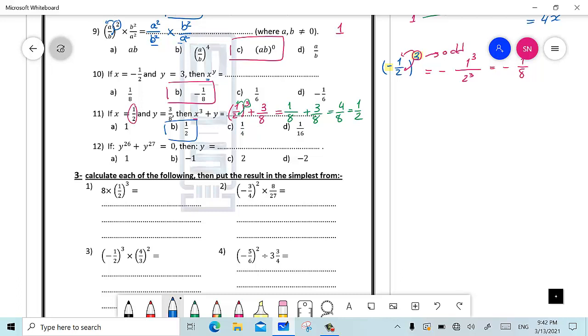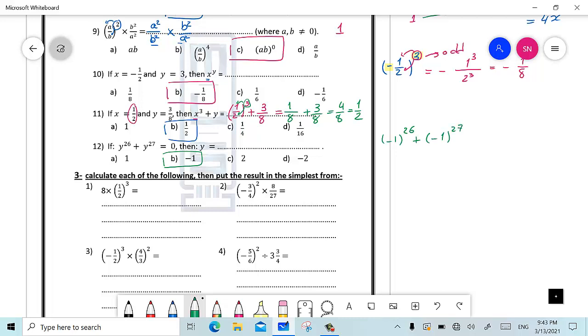Let's go now for question number 12. If y to the power of 26 plus y to the power of 27 is equal to 0, then y is equal to, we know that any number added to its additive inverse is going to equal 0. So I want here to have a number, I add it to its additive inverse and I get an answer of 0. The only number is negative 1. Because if I have here negative 1 all raised to the power of 26 plus negative 1 all raised to